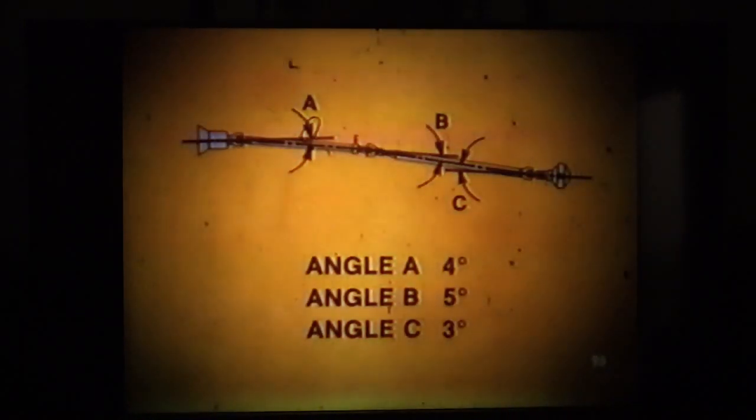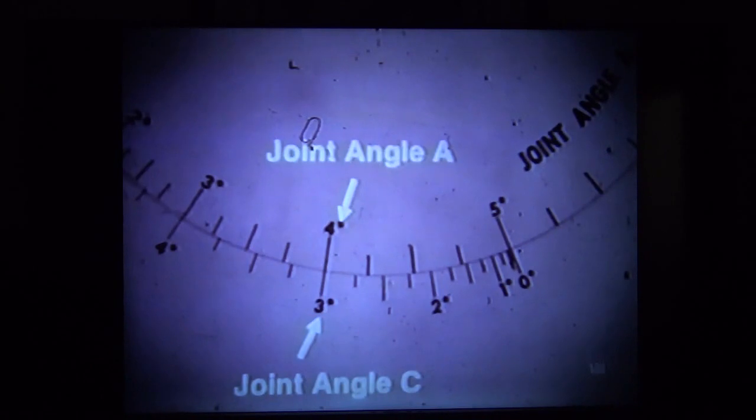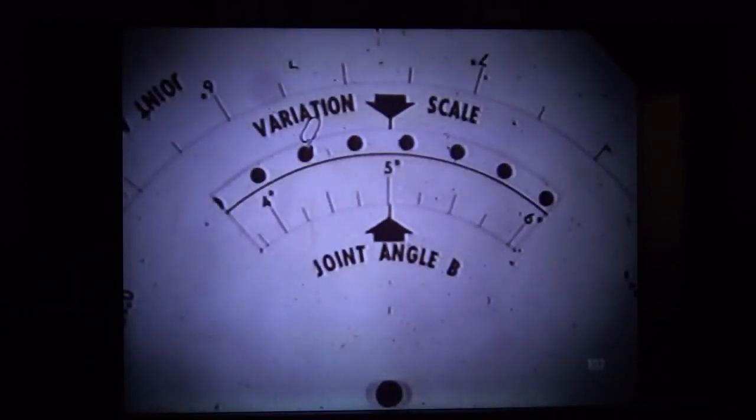There is one exception to the equal working angle rule. Drive lines that use an odd number of U-joints may not always utilize equal U-joint working angles. The drive shaft angle calculator included in the SuperCom box is designed to calculate the proper U-joint working angles for this type of system. To determine the correct working angle of the center U-joint, set the working angle degree of the forward U-joint, A, at the working angle degree of the rear U-joint, C. Read the correct working angle of the center U-joint, B, at the arrow, plus or minus 3 scale units on